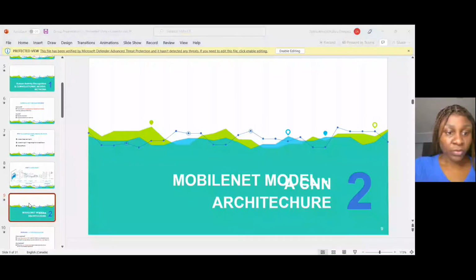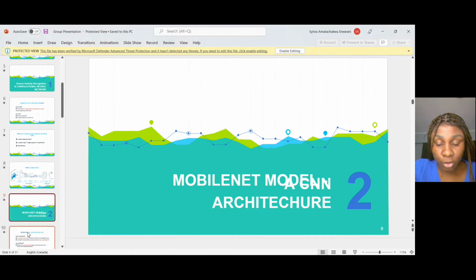So for the literature review, we're going to be talking more about the MobileNet and the CNN architecture that we used for our research. We worked with 4 authors, mostly Howard, Quinn et al., Su et al., and Kasogi et al. And most of them had almost the same thinking about the MobileNet and the CNN architecture. A major part of their definition was the fact that convolutional networks are frequently used as convolutional layers.